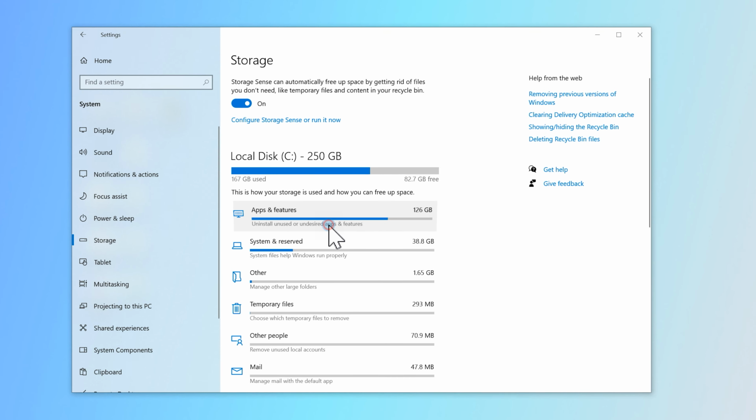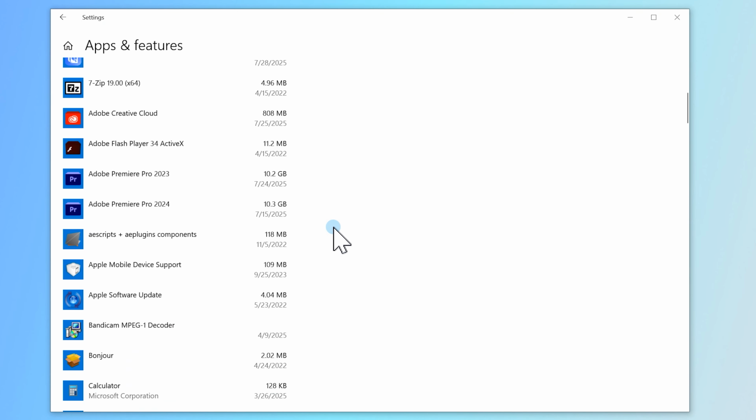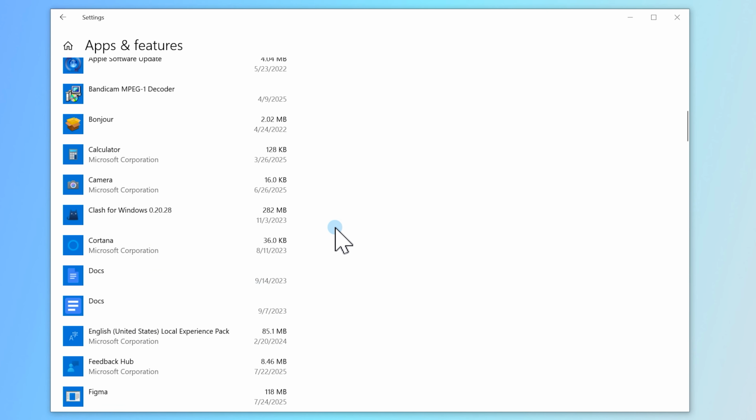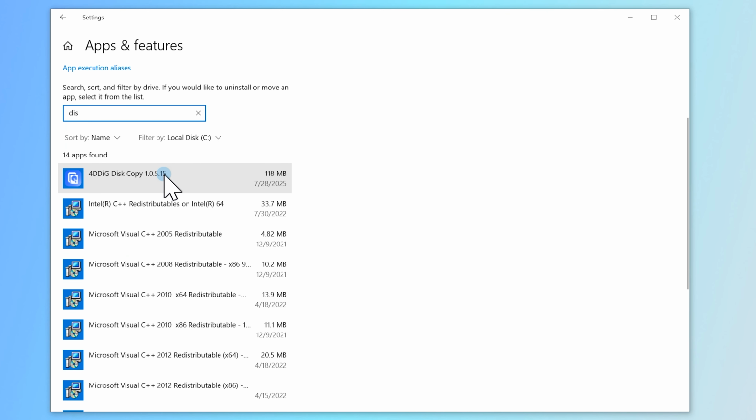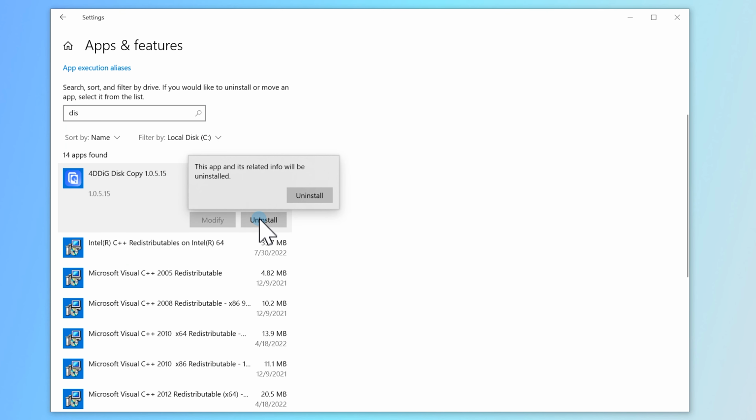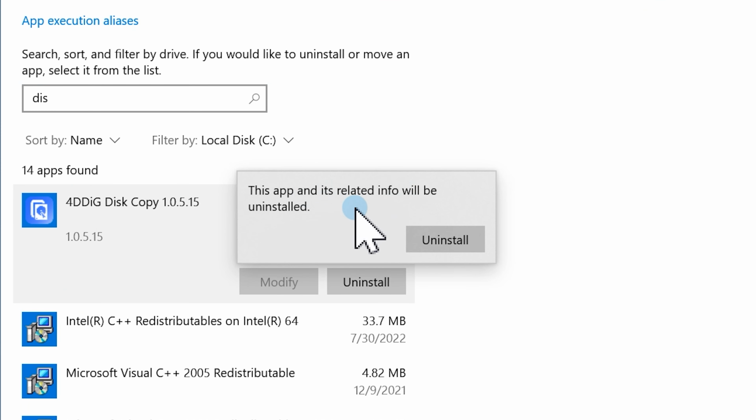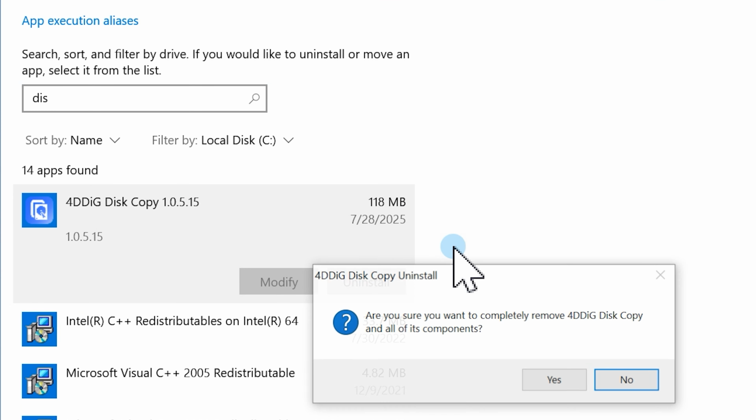Uninstalling unnecessary apps can free up space, reduce system load, and extend your device's lifespan. But what if you accidentally remove something important? In this video, we'll show you how to recover uninstalled programs on Windows 10 or 11, including their installation files,